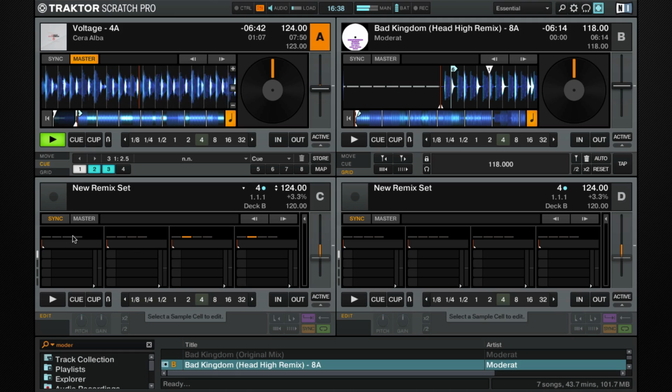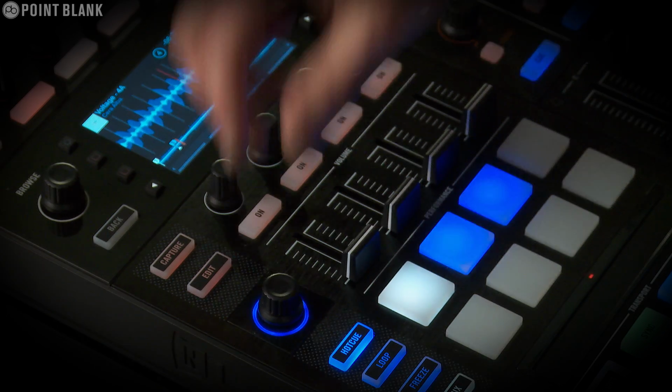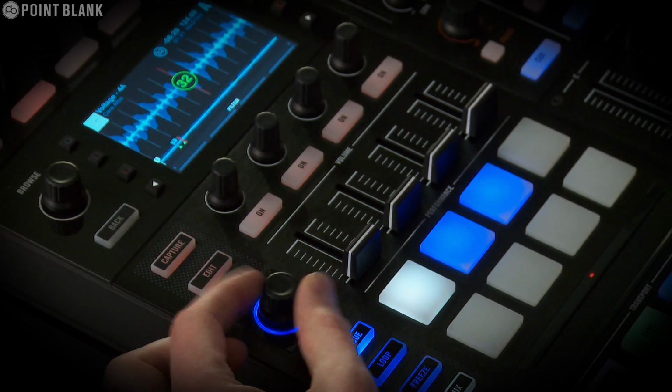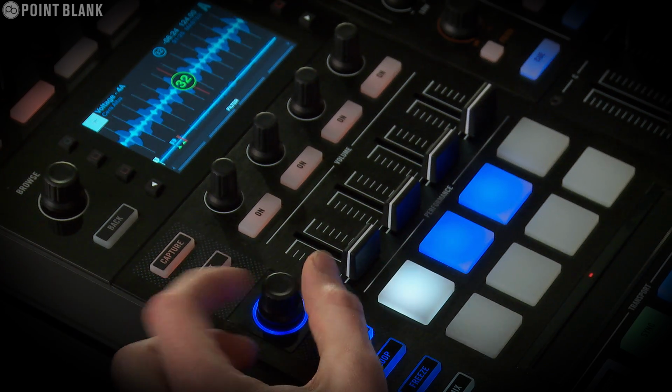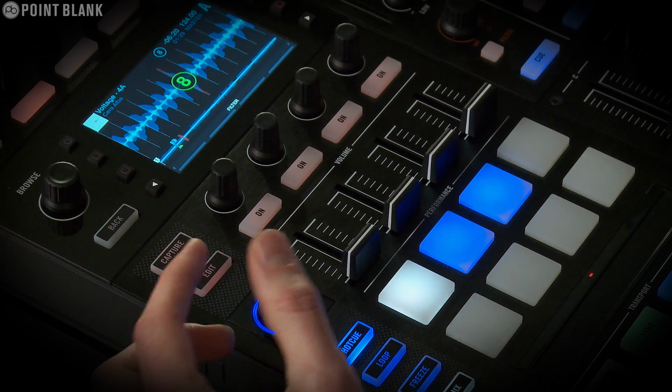The next point I'm going to talk about is looping, and how you can save loop points in here as well. So this is our designated loop controller. Basically, you can change the increment of this loop, so you can change the amount of beats you want to loop. So you can see I can go right down, and on the screen there you can see 1/32, right up to 32 beats. So let's say if we just turn it to 8,